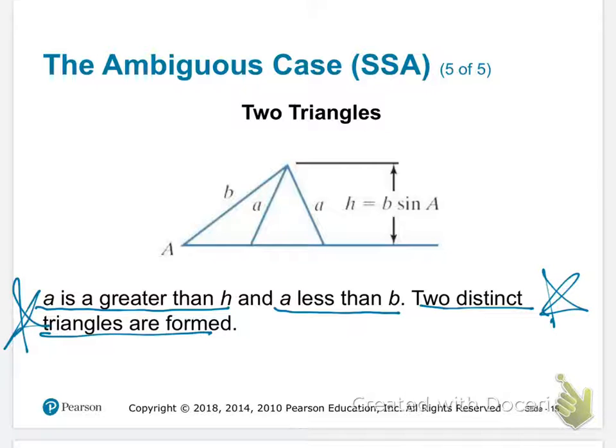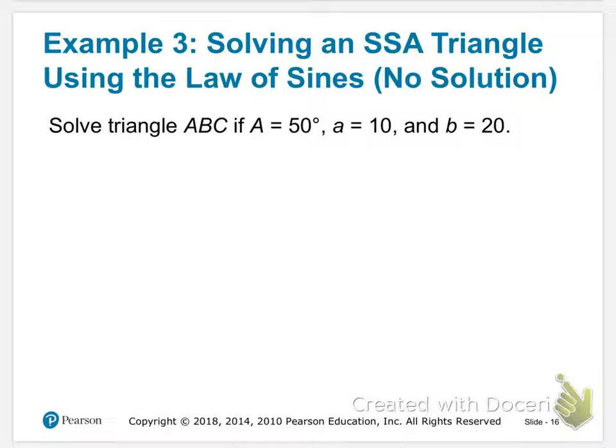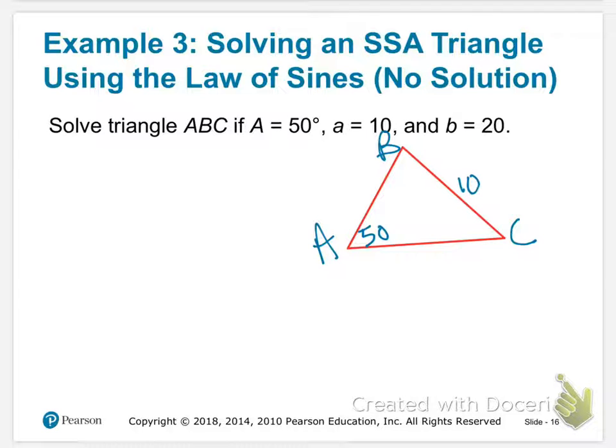Huge deal here. For example 3, I always begin by trying to draw a triangle so I can visualize. You know me. A, B, C. So angle A is 50, side A is 10, and side B is 20. Okay, so we begin by testing out and finding the value of H. We saw on those other pages that H is B sine of A. My value of B is 20, sine of angle A is 50. Again, it doesn't have to be labeled the same letters, just as long as you have that relationship occurring. And when we do this, we arrive at